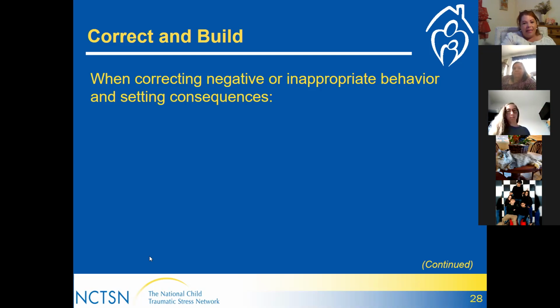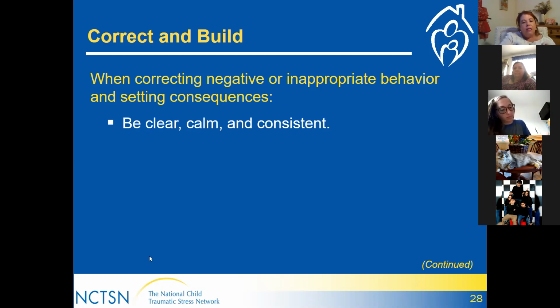When we are correcting negative or inappropriate behaviors and setting consequences, we want to be very clear, calm, and consistent. So we want them to know exactly what we're looking for. And especially with our children in foster care, we have to make sure they understand what we're talking about. So when we're talking about safety, that they know what that means to be safe. This is what it looks like to me to be safe,